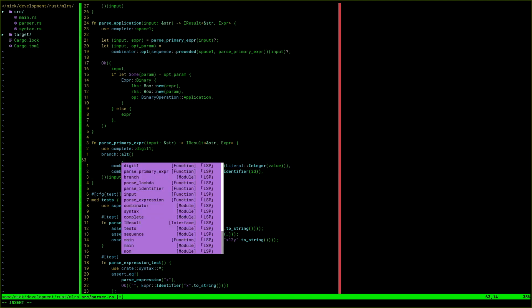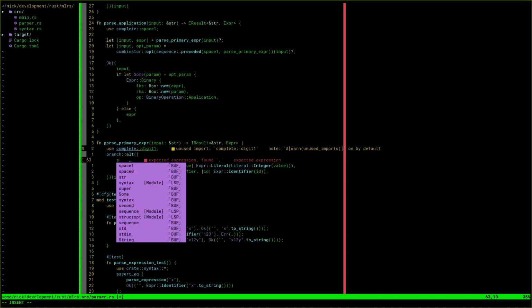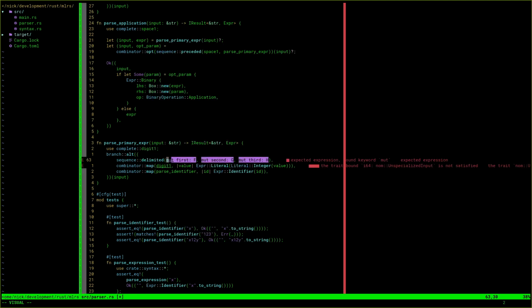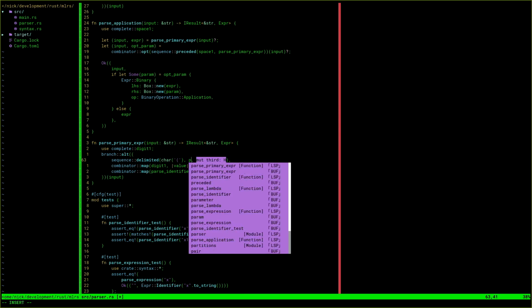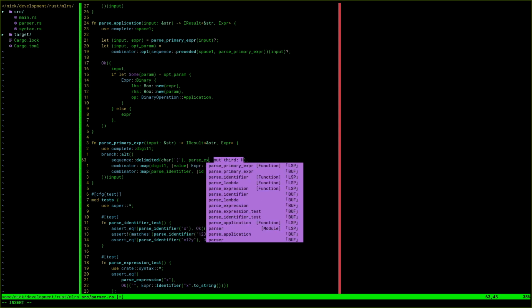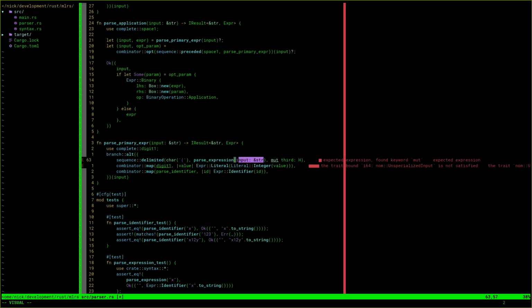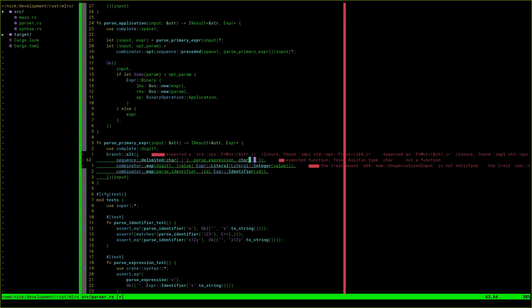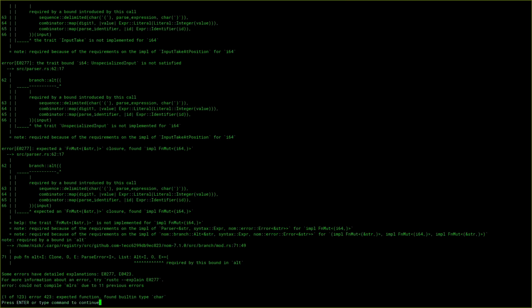Furthermore, we may want to do parenthesized expressions. So parenthesized expressions will definitely be a sequence thing. And they will be delimited. So the first thing we want is a character paren. Then we want to parse an expression. And we want a closing paren. When we make the test,